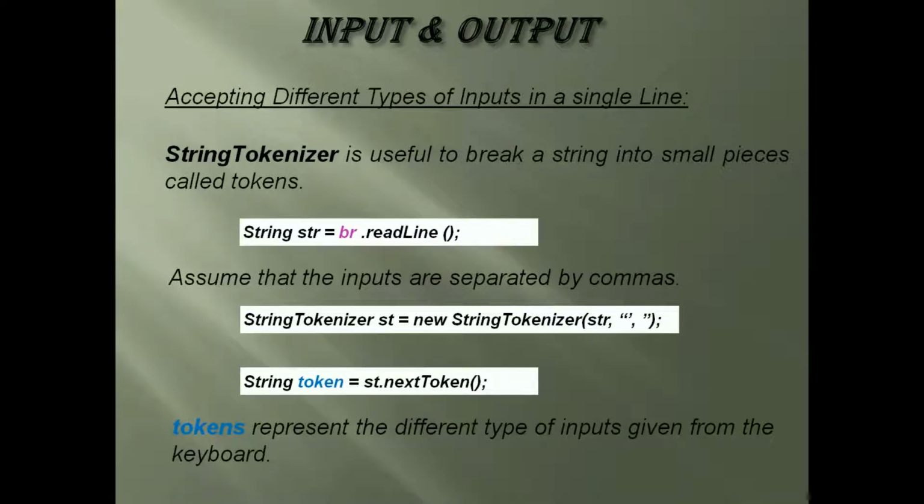So these individual tokens represent the different types of inputs given, and these tokens can be converted into the corresponding data type and used in the program. Understood? So this is all about reading inputs of different data types. After reading the data from the keyboard, we will do some logic based on our requirement, and after that we will display the result to the monitor using